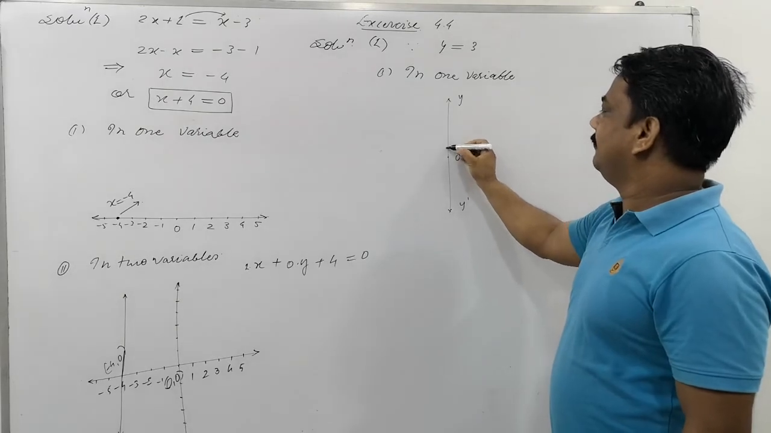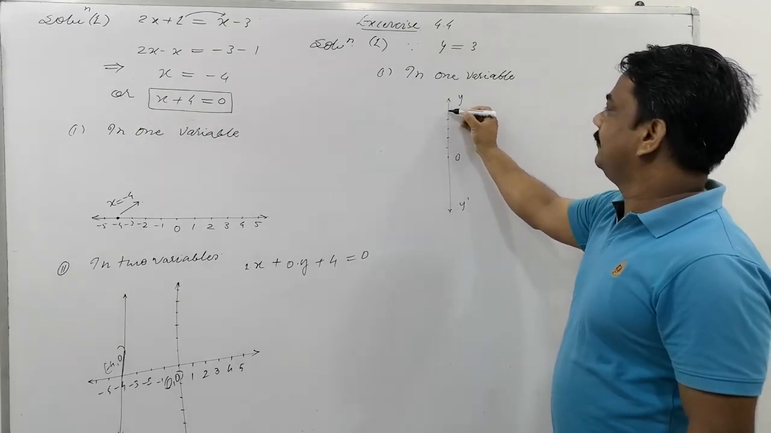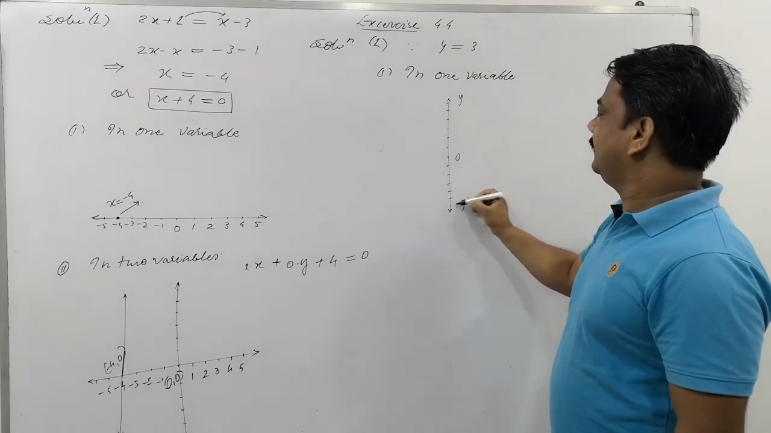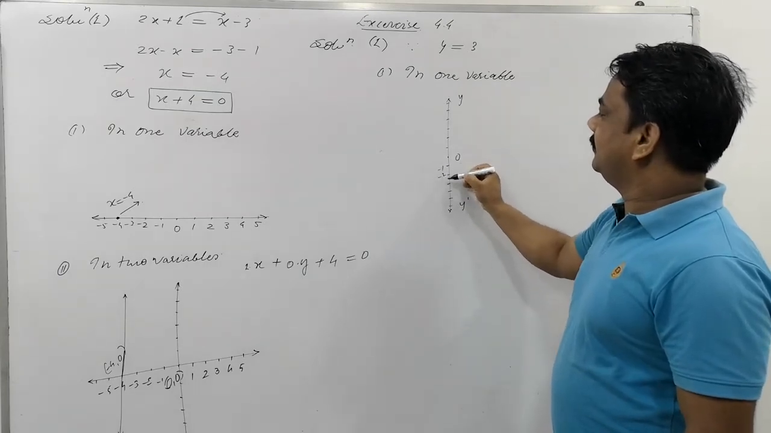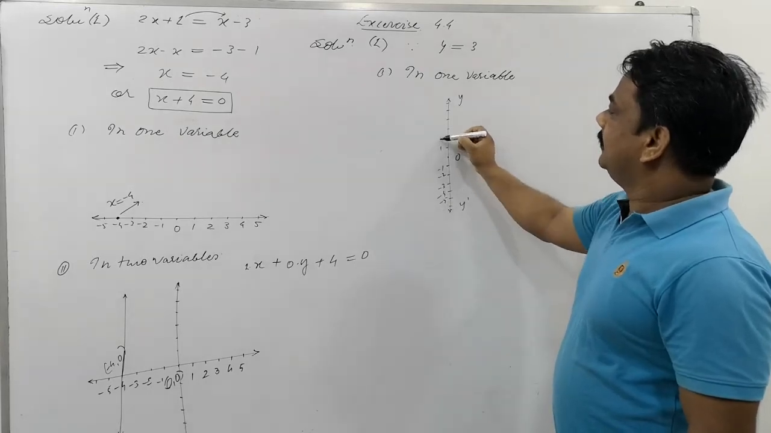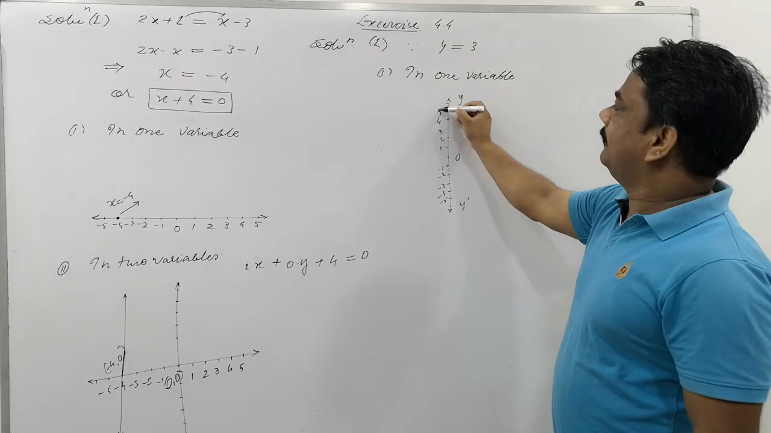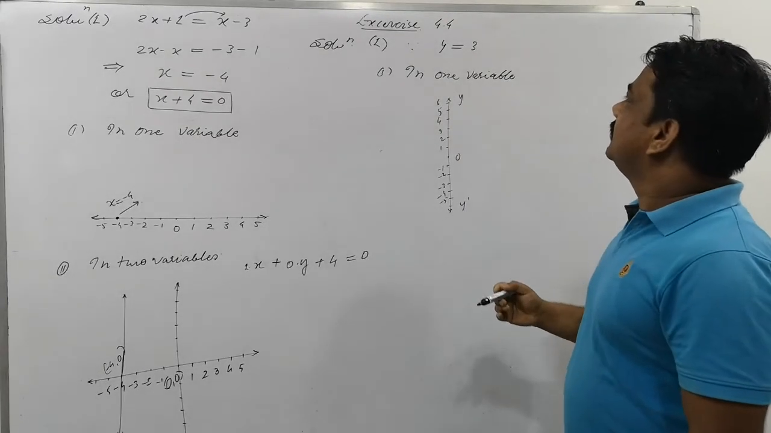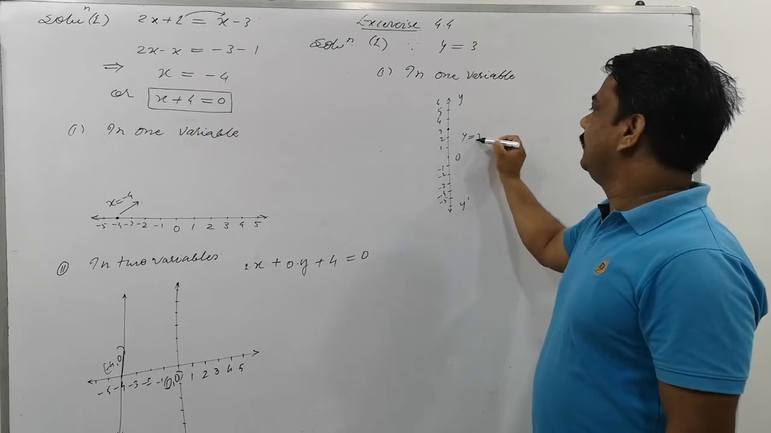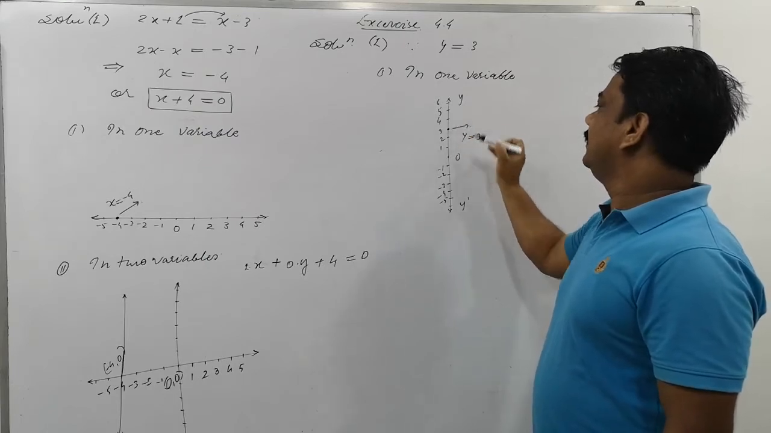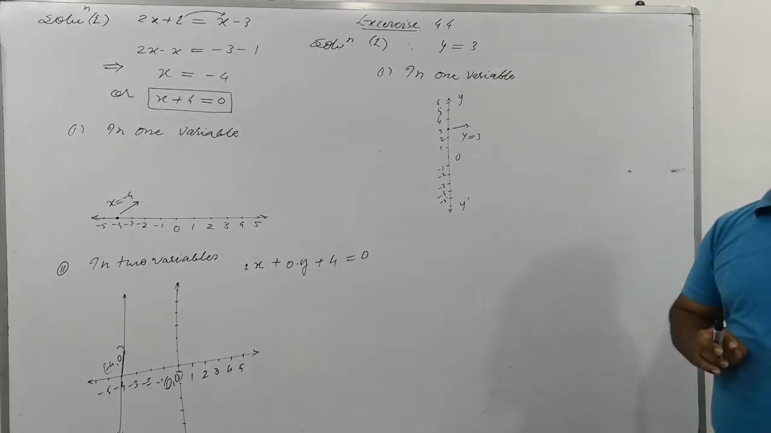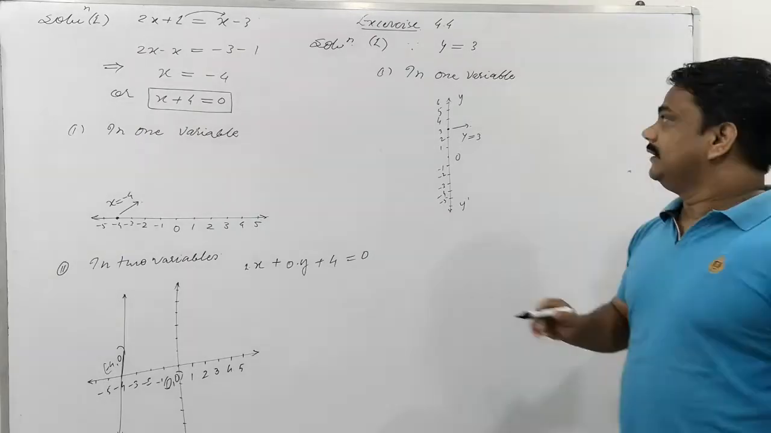This is 0, 1, 2, 3, 4, 5, 6, 1, 2, 3, 4, 5, 6. It's minus 1, minus 2, minus 3, minus 4, minus 5. 1, 2, 3, 4, 5, 6. What is that? Y is equal to 3. So this I'm talking about, y is equal to 3. We have represented y is equal to 3. This is the representation along the y axis in one variable. Okay. Second,